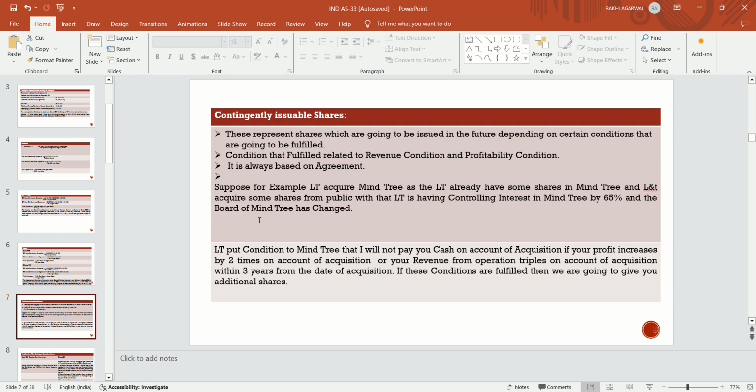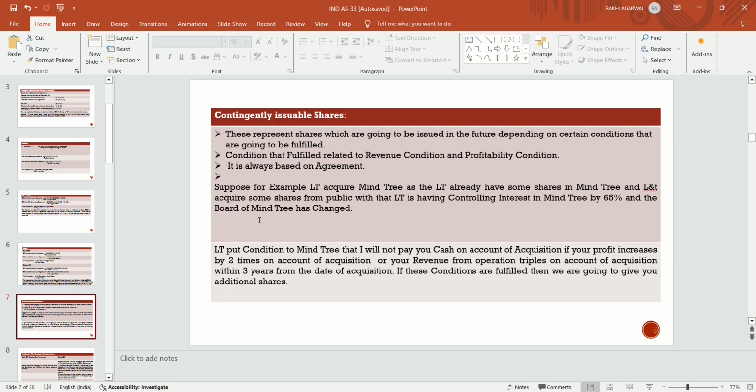Contingently issuable shares means these represent shares which are going to be issued in future depending on certain conditions that are going to be fulfilled. The conditions are related to revenue condition and profitability condition. So contingently issuable shares are shares which are going to be issued in future, depending on the fulfillment of certain condition. If the condition that is